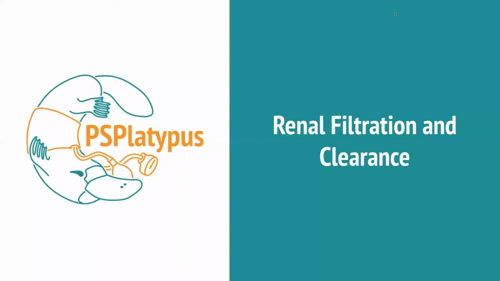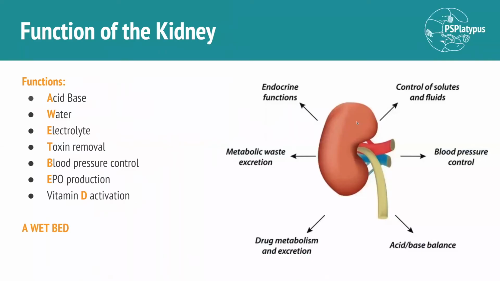Hi guys, today we'll be talking about renal filtration and clearance. But before we get there, we'll first have a quick recap on the functions of the kidney. A good mnemonic to remember this is a wet bed. And that represents A for acid-base balance, W for water balance, E for electrolyte balance, T for toxin removal, B